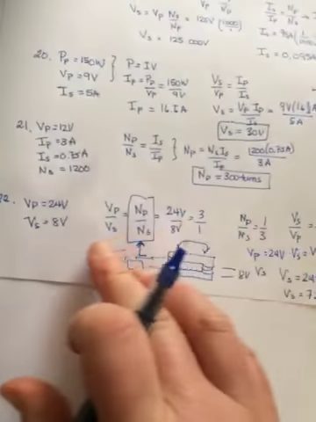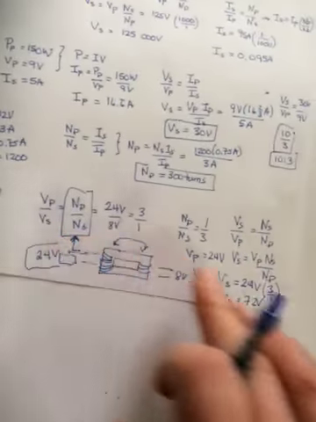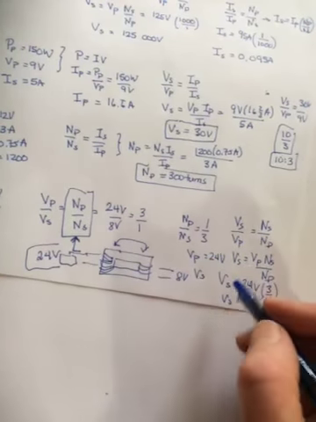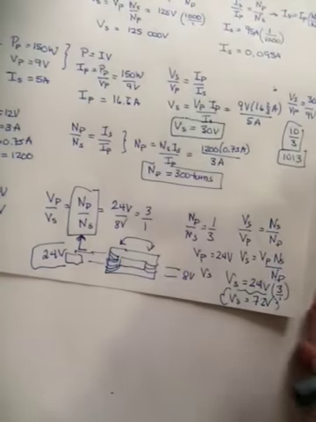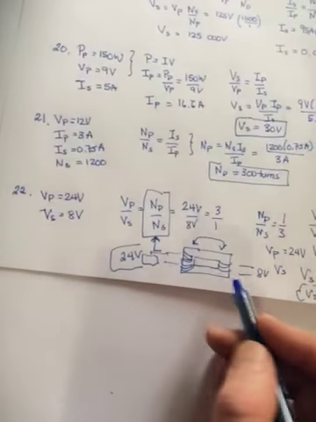It was decreased by a factor of 3 one way, and now when you switch it, it's increased by a factor of 3. It becomes a step up instead of a step down. Okay? Hopefully that makes sense. So what it means is flip the